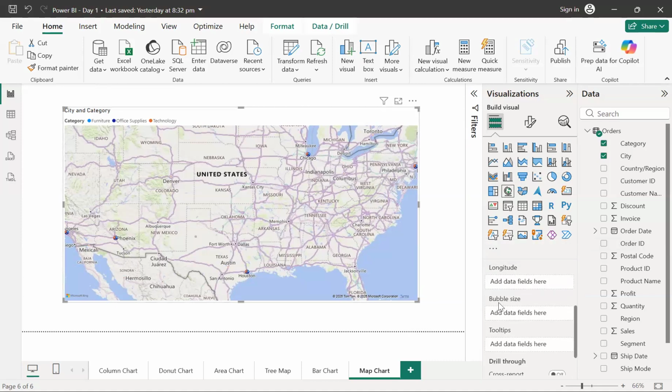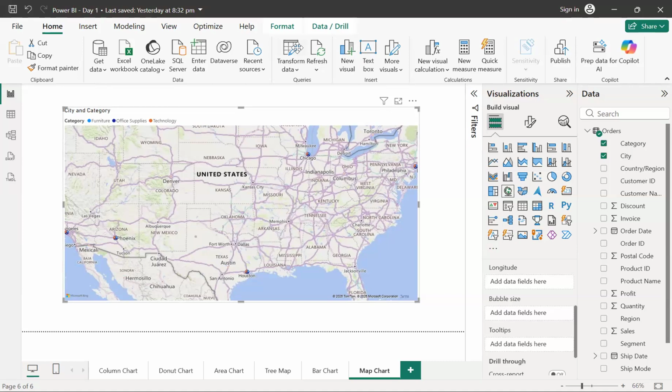Shubham, I just have a doubt here. Yeah, yeah. Actually, I'm unable to... no, I mean, I can't see the map. It's telling me map and filled map visuals are disabled. No, that's what I told you. I have enabled the use of map and filled map visuals, but still I'm getting the error. I'm also facing the same issue.